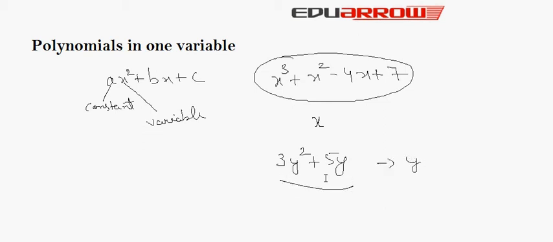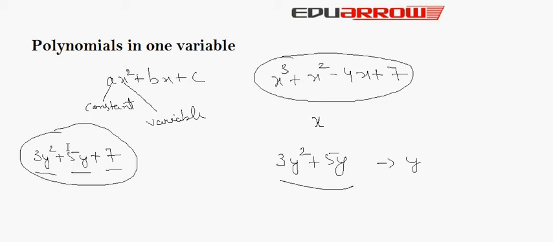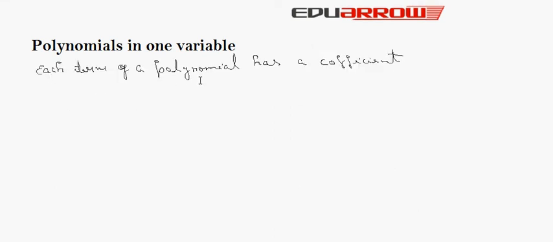In this expression, 3y square and 5y are called the terms of the polynomial. Similarly, the polynomial 3y square plus 5y plus 7 has three terms, that is 3y square, 5y and 7 are the three terms of this polynomial expression, a polynomial in one variable y. So this expression has three terms, 3y square, 5y and 7. Each term of a polynomial has a coefficient. For example,